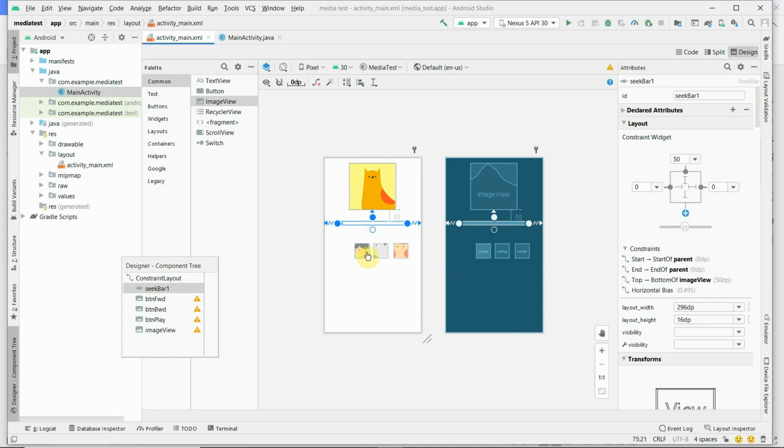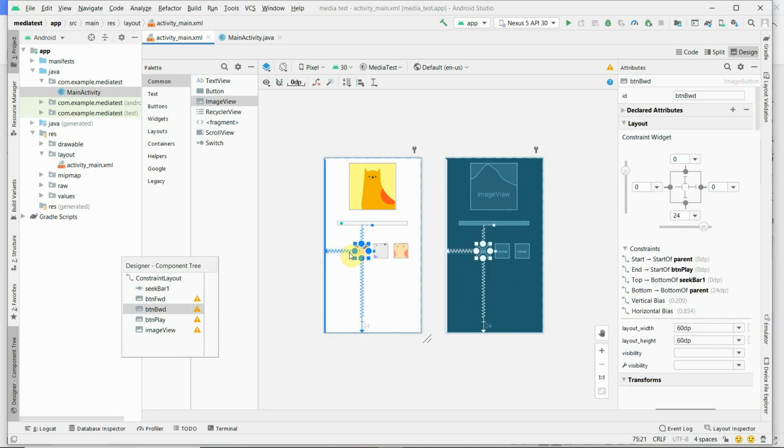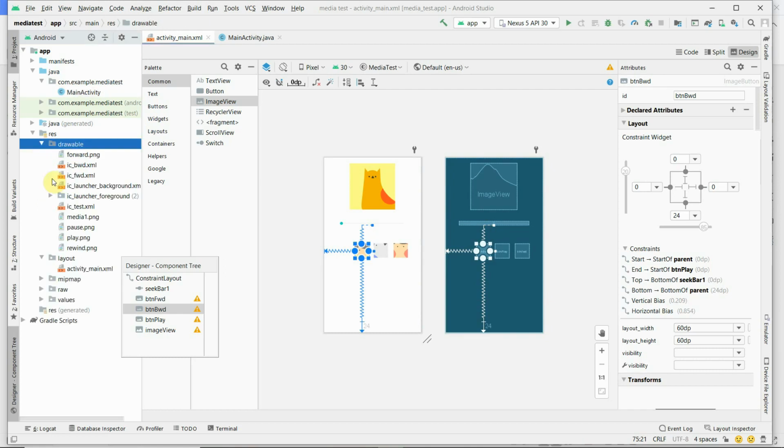And how to get images onto these buttons, that we have to set. First we have to copy paste some images which are required into the drawable folder.